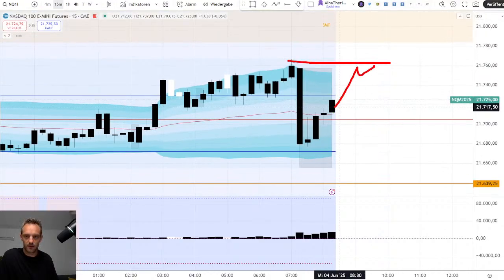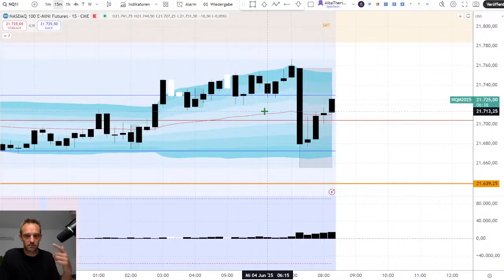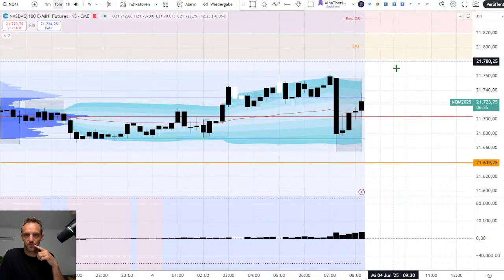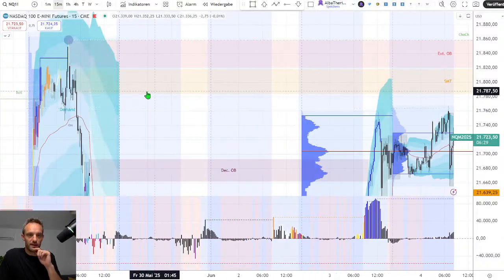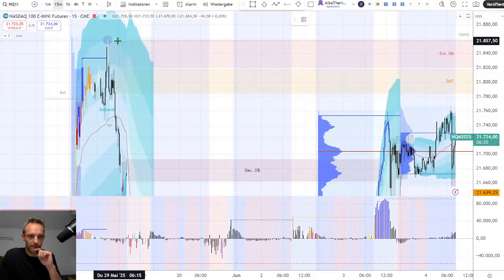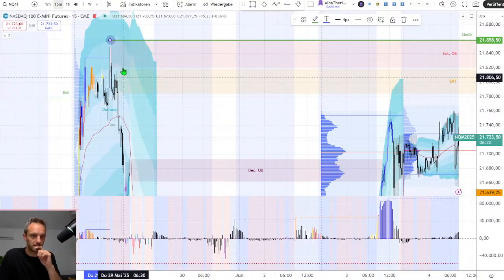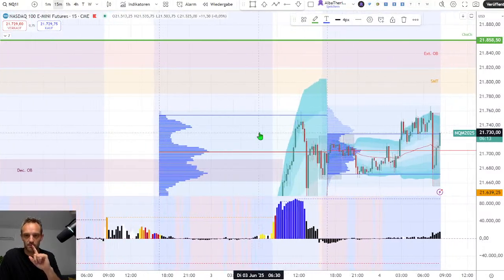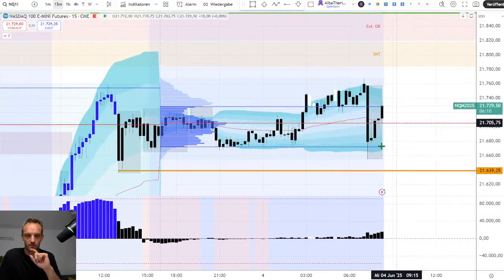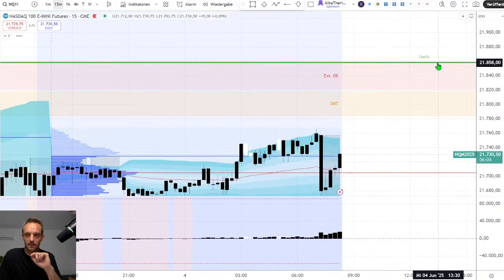they should come back, take out the liquidity here at the top, and then continue higher and continue the upward rhythm, pushed by the news through the smart money trap, through the extreme order block, and to new session highs and movement highs above this level. Let's mark this and give it a green color. So this will be the target for the bullish move, and of course further up is always possible, but this is the minimum target for the bullish move. I think if we have a bullish day today, they will go and take this liquidity here,